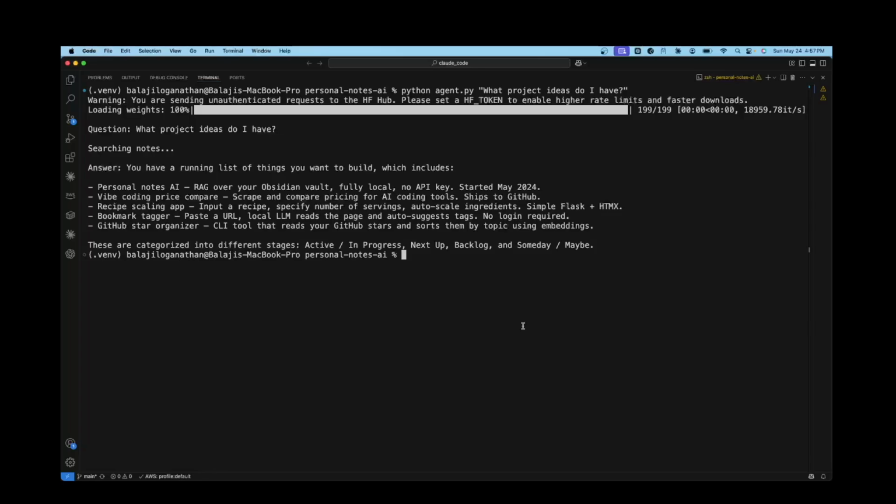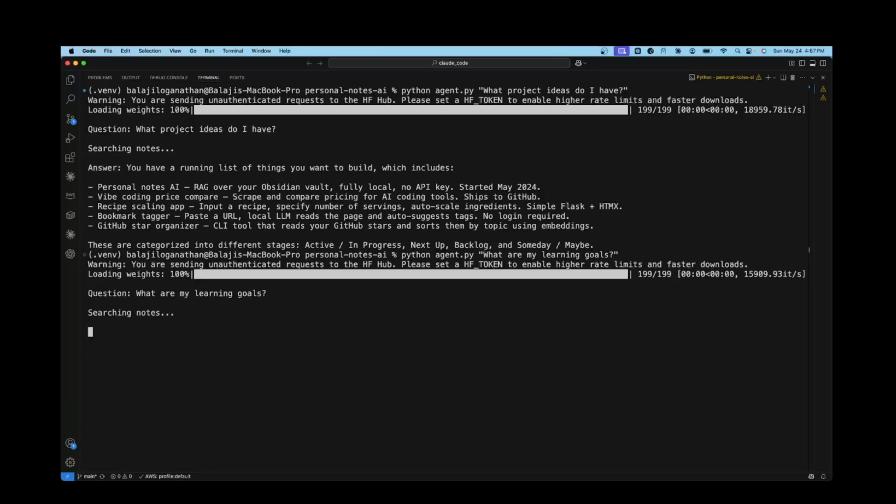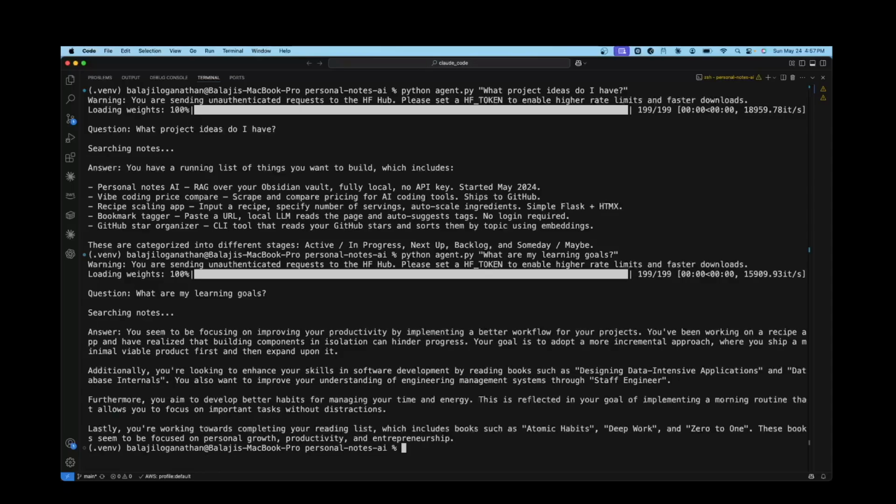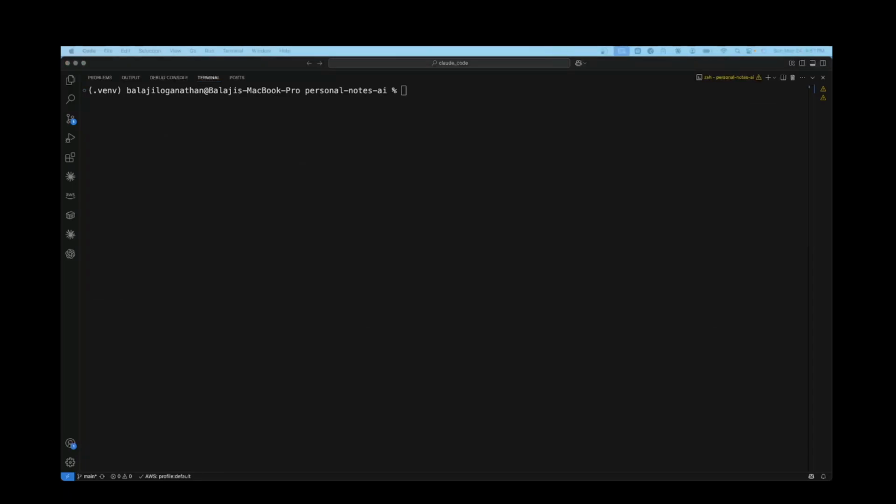What are my learning goals? Again, it will search the notes and then it will provide a summary of my learning goals. As you can see, there is an answer to the question that was asked pertaining to the notes. Let's ask it another question.